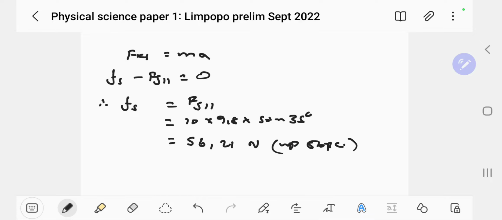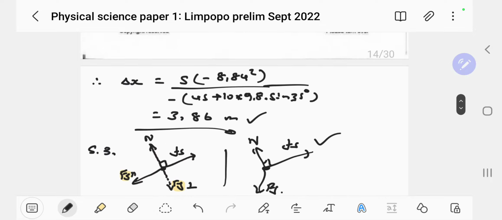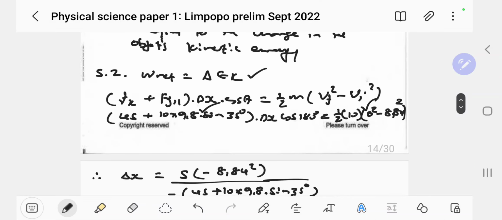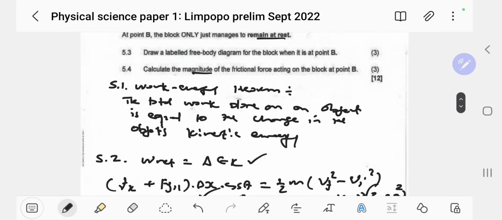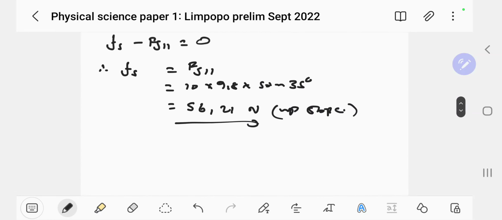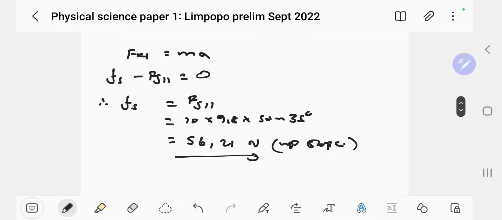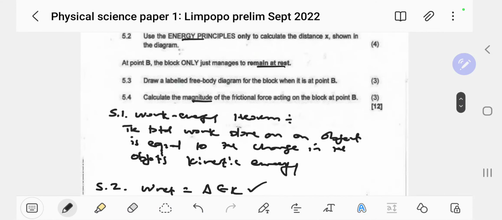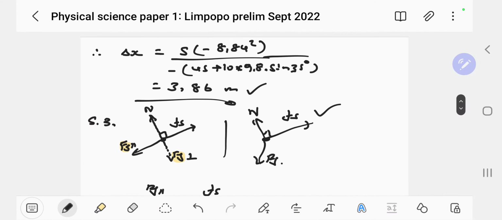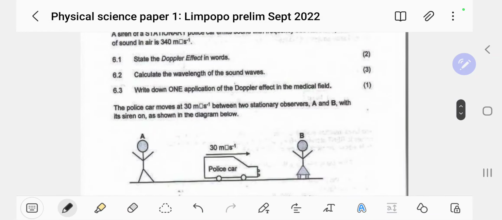Again, that is not really necessary at this point because they said magnitude. So when you're told to do the magnitude, you just do the magnitude, but please be in the habit of treating vectors with respect, okay? Even if it's not going to give you a mark, it's a good thing to keep in mind, because when it's necessary, you won't fall short. All right, so this is a standard 3-mark question. That, correct substitution, and the answer. 3 marks in the bag. Is there anything else? The answer is no. So we move on. So at least I think, guys, we're able to keep a bit of time.